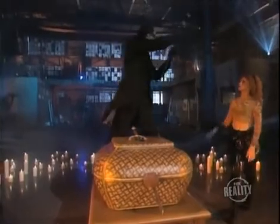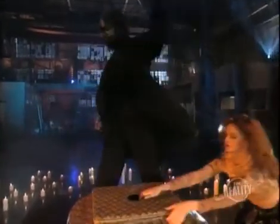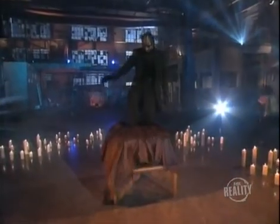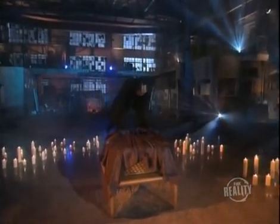No blood. That's always a good sign. Once the swords are removed, the magician covers the basket with a black curtain. Then he steps inside. This is to try to convince you that the basket is empty. If you're wondering what happened to our assistant, you're about to find out. The magician steps out of the basket and...